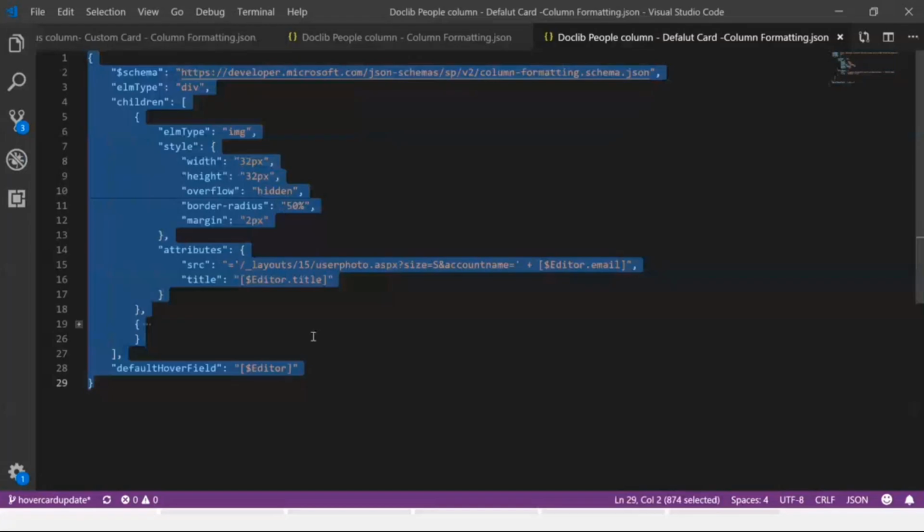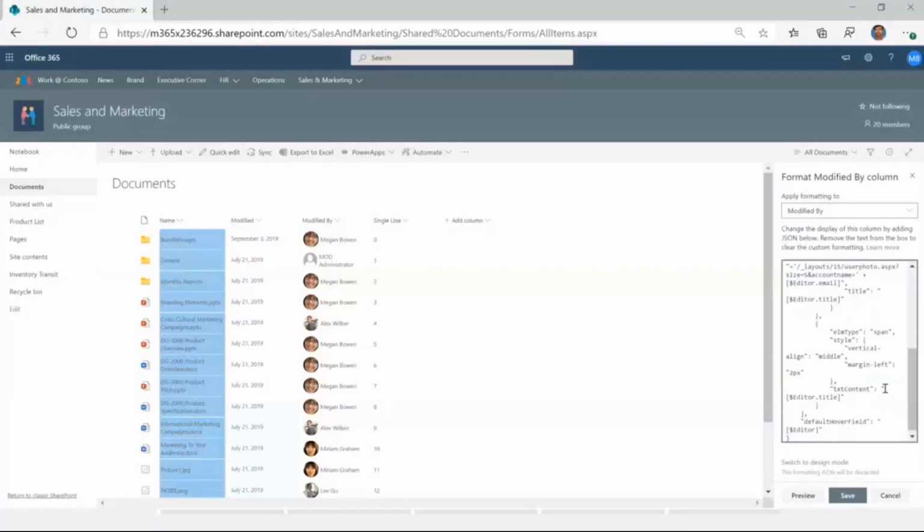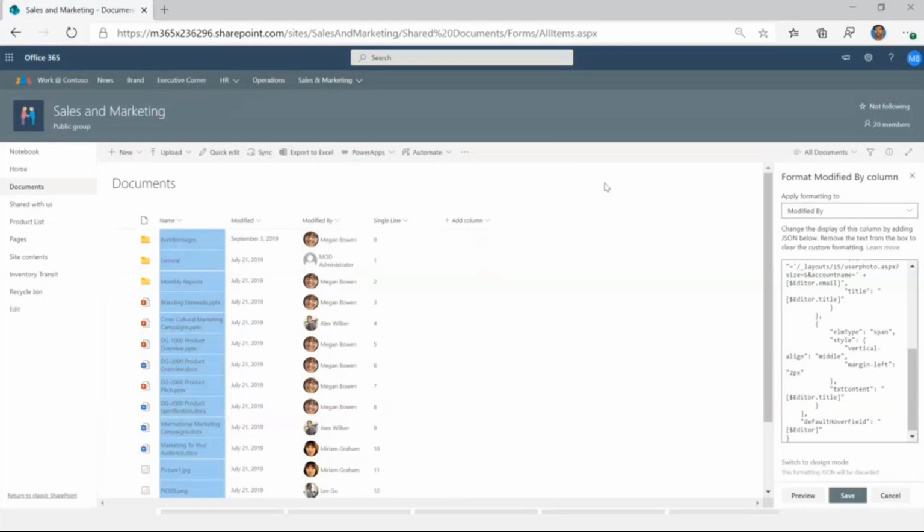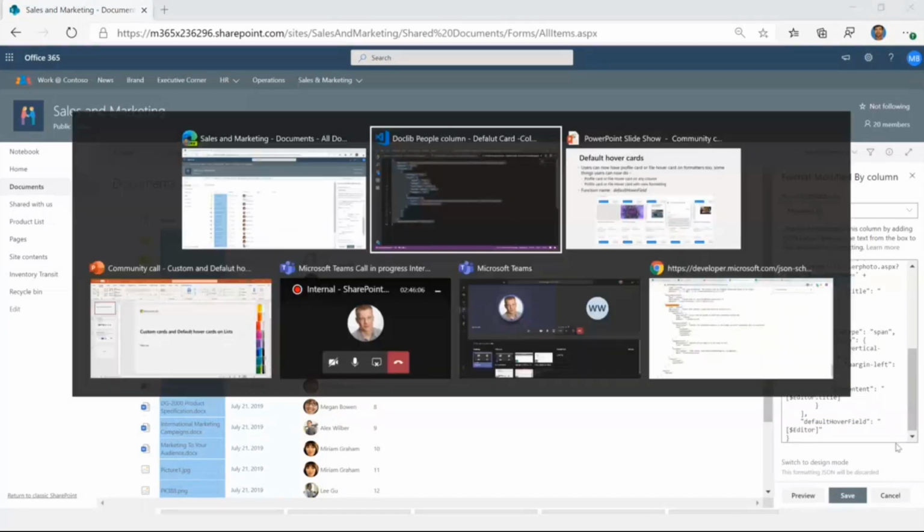So let me just quickly copy and preview this. Now nothing changed over here, but what I got after this is I'm getting the profile card back. With the same functionality, this is again available over there in your tiles. I mean to say your view formatters as well, and as well as your file cards. That's what I had, guys.